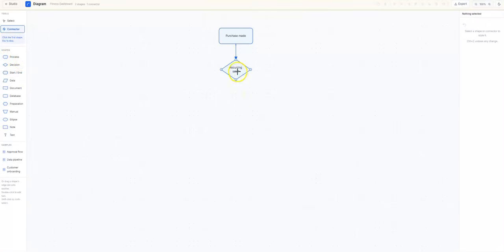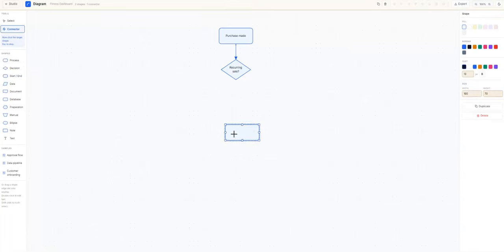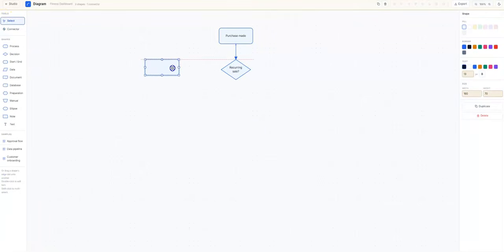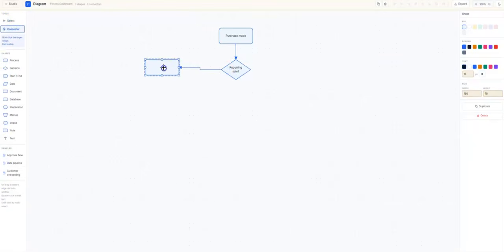Whether it's a recurring sale or not, we're going to automate the system. If it's a recurring one, we already have templates for this. So connector from here to here